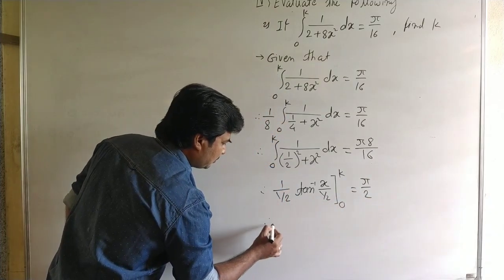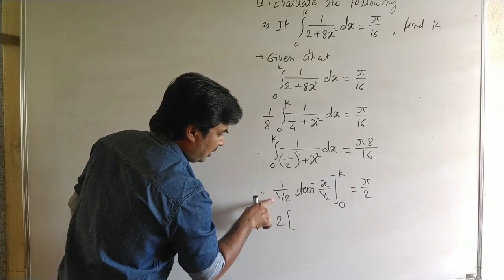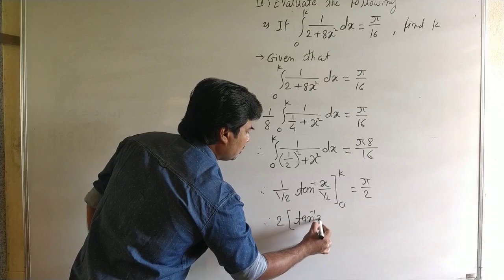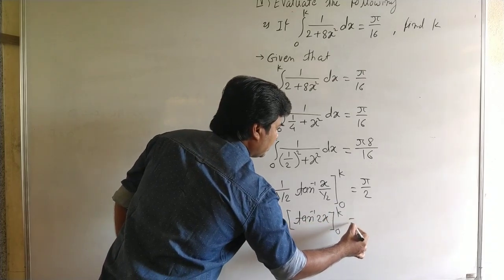Now 1 upon 1 by 2 is 2. Tan inverse of 2x and the limit is 0 to k and is equal to